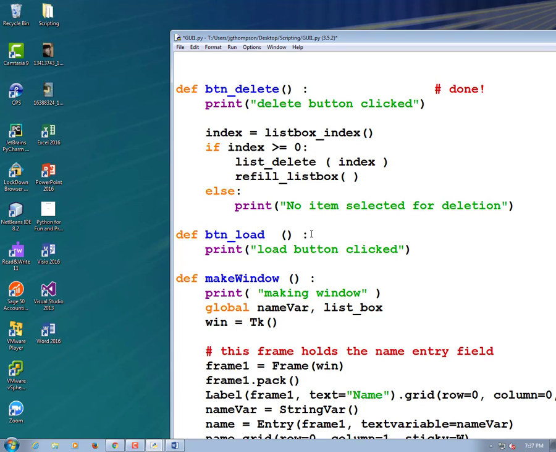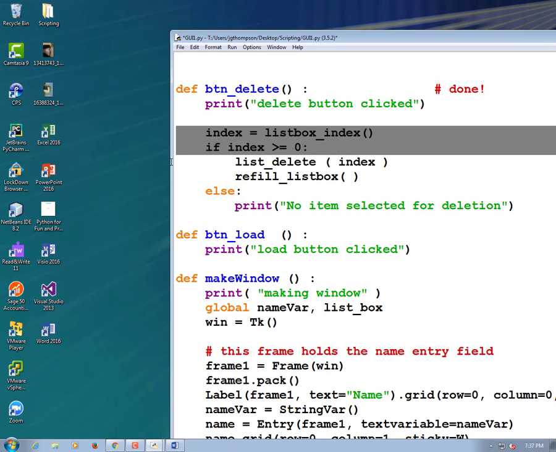So button load. What button load is supposed to do is get the data from the list at the specified index value. So it's going to look a lot like this. It gets the index, and if the index is greater than 0, it's a valid piece of data, and it fills in the text box. So I'm just going to copy those two statements. Index is equal to listbox index, and if index is greater than 0,